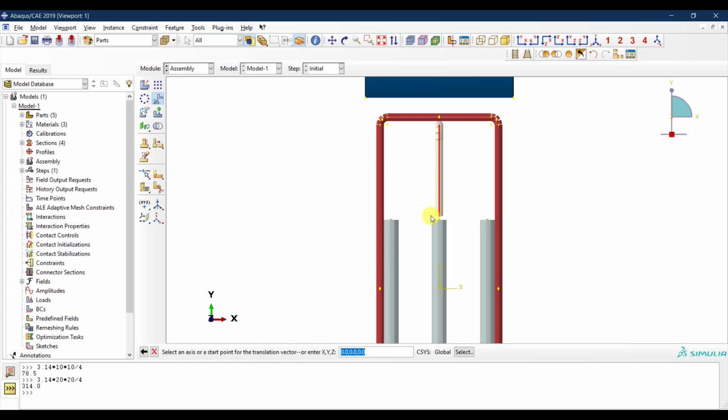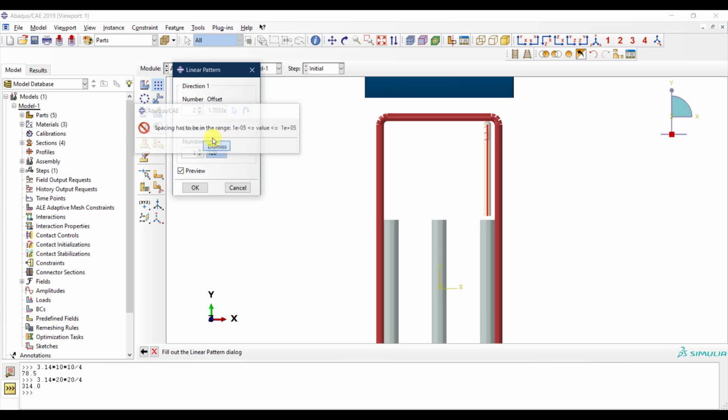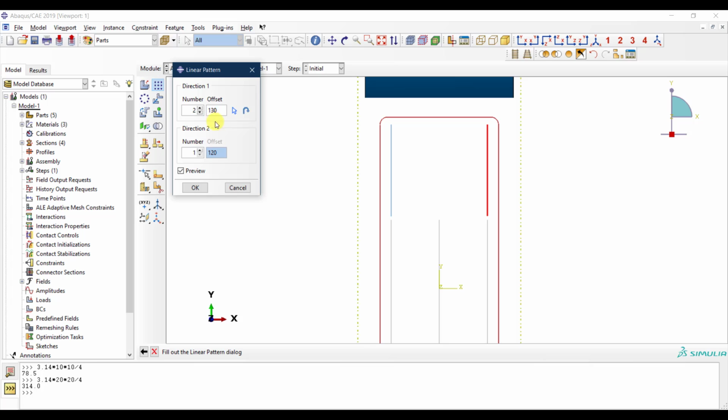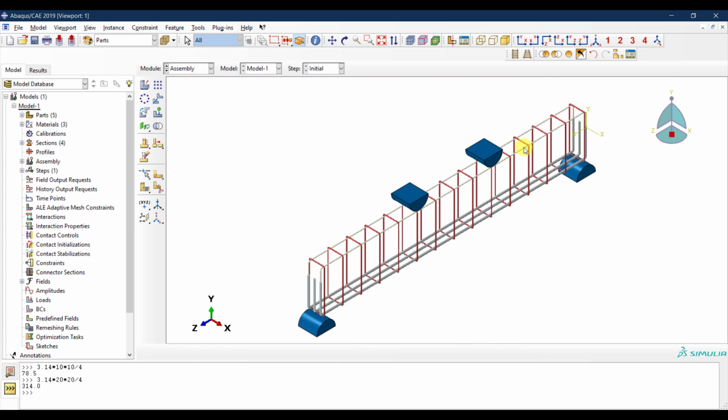We just have 2 bars at the top. So we need to move this in the X direction, 65 millimeter. Here we go. And then we need to do another bar. Okay, let's use this one. And then this one will be 65 and 65. So that's 130. So here we go. So that's it. So now I have my cage, reinforcement cage, pretty much the 3 main bars, the stirrups and